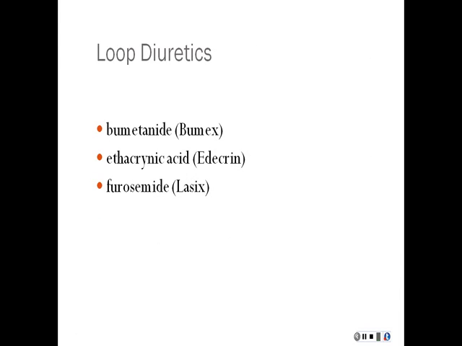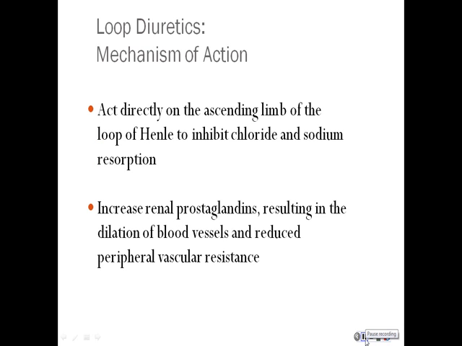the next classification of drugs that we're going to talk about are loop diuretics, and these are very potent diuretics. They are structurally related to some sulfonamides, so in some folks that have sulfa allergies, there can be a problem, although this is not really often seen. But you do need to be aware that it can be a potential problem for them. So loop diuretics act directly on the ascending limb of the loop of Henle